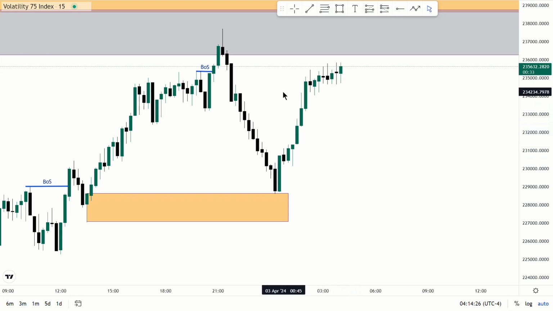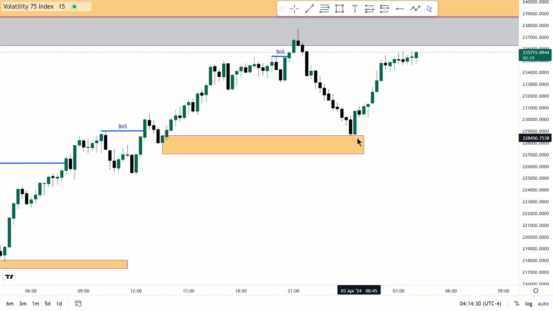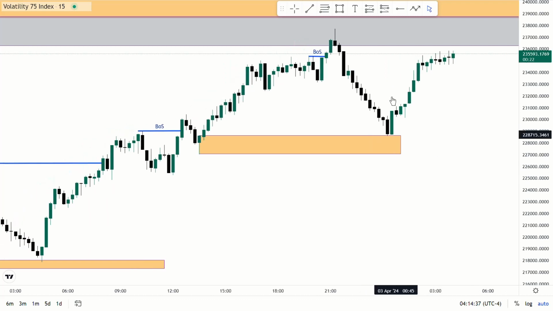And then this buy right here, I bought here because the market only tapped into the fair value gap, but there's still a POI up there that hasn't been tapped. This POI up there has not been tapped yet. So that's how bias works. It just gives you some thoughts, some reasoning in at least why you are taking a certain trade.